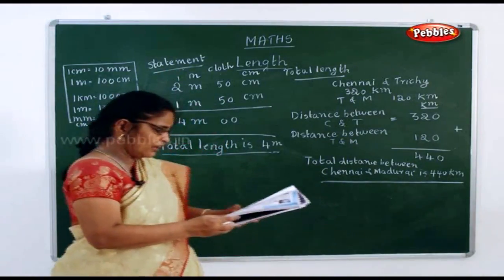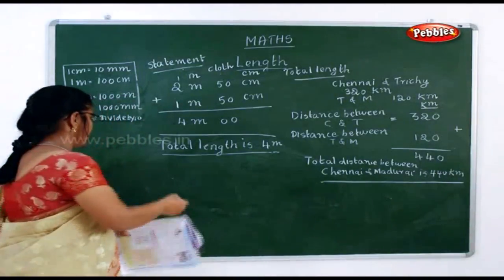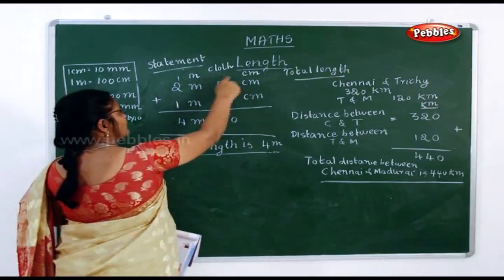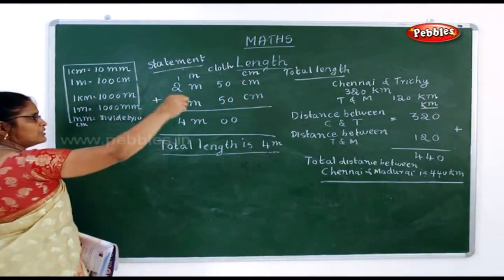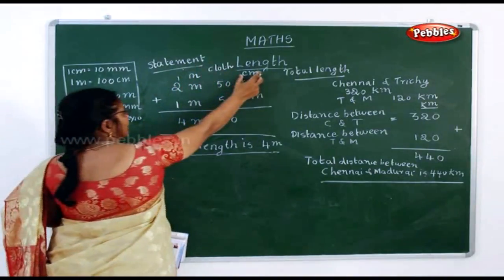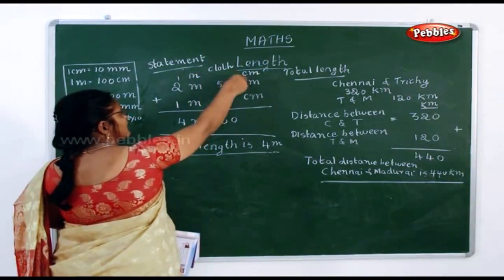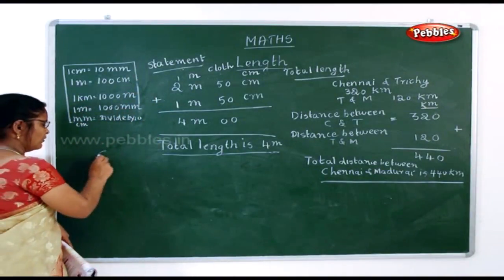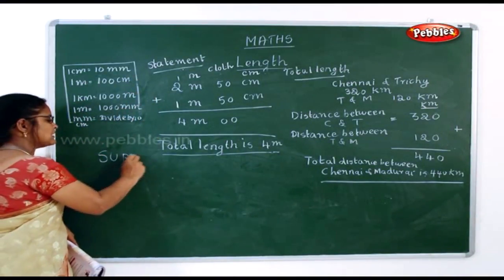The next one, can we go on with subtraction? Very good. I think addition you are clear now. So you have to add, and always when you add, before you start with your addition, the first basic thing is to write the heading, what they have given, whether meter, centimeter, kilometer. You have to be very clear now. Now can we go on with subtraction?